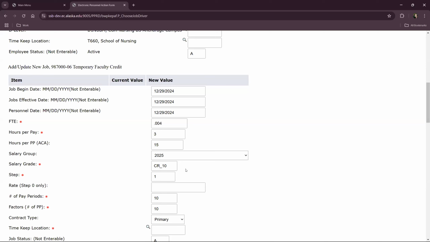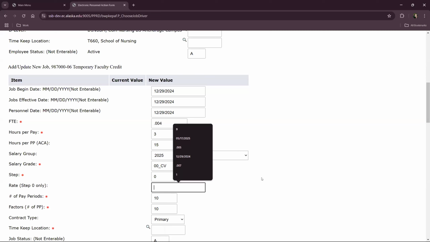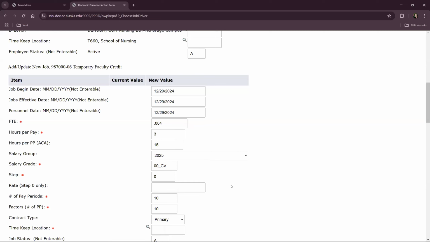If this adjunct were to be paid at a higher rate, the step would be changed to 0, and the salary grade would also need to be changed to 00_CV to note that it's a variable payment for this credit course. We would change this to 0. And then we would need to calculate the rate based on the total amount being paid to the adjunct.